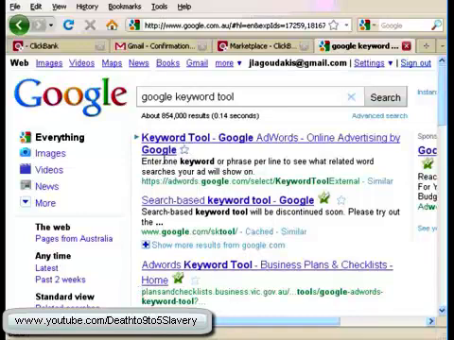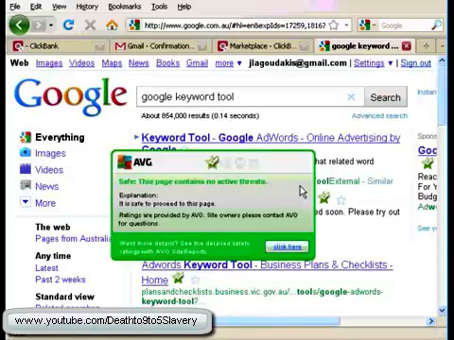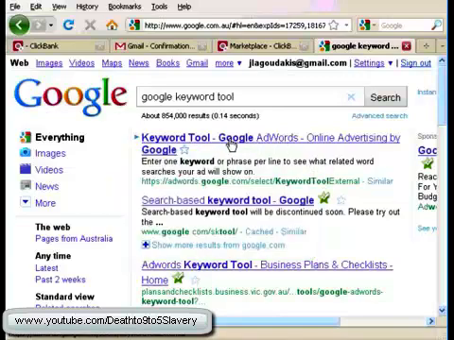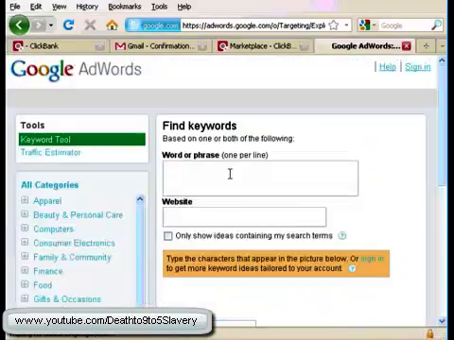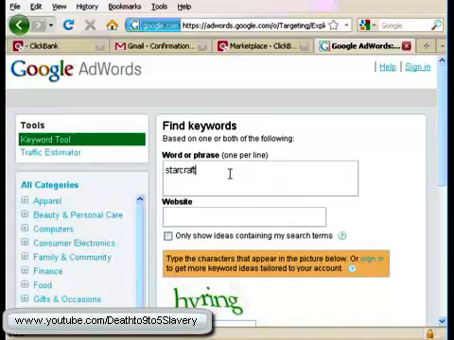Okay, and that's it there, that first result that you see at adwords.google.com/select/keyword tool external. That's the one we want. So we'll click on that link. Now we're going to do a search for StarCraft related keywords. So we'll just type in StarCraft, and maybe I'll type in here StarCraft 2,